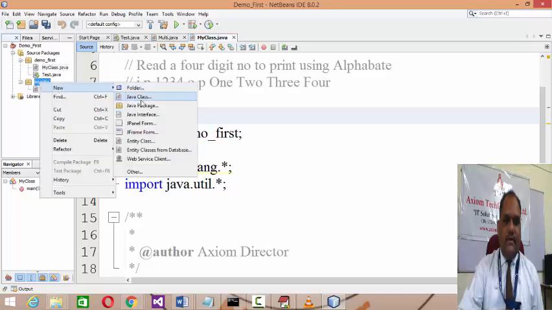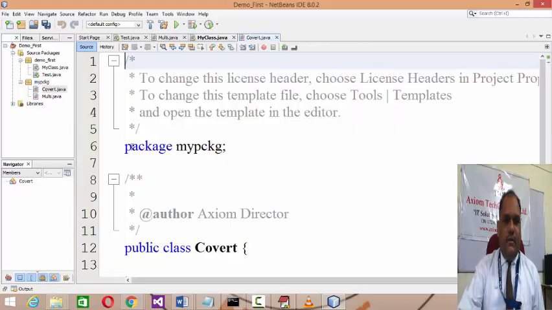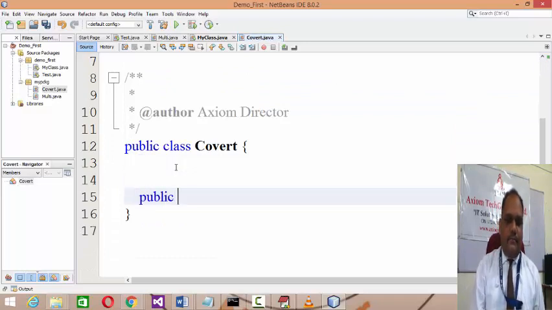another source class, Java class, and I am going to give a name to it, convert. I am going to develop the convert class in the package called my package, and finish. So in the package my package, the convert class gets added. Now public, what I am expecting is the entire resultant string value.